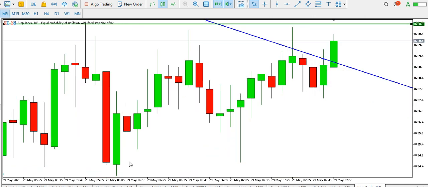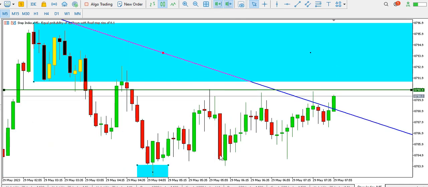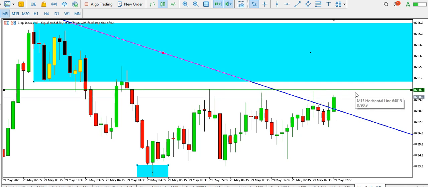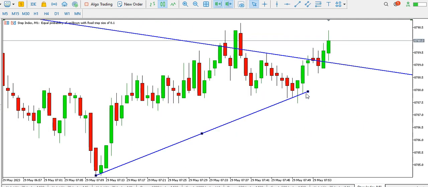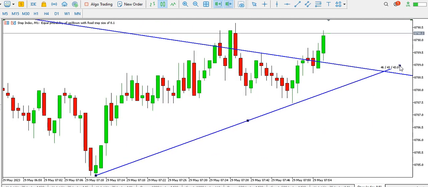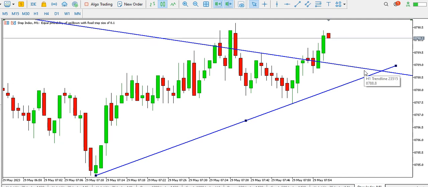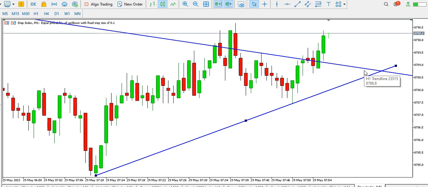The 5 minute time frame is clearer that the bulls are trying to come into the market as price pushes up. So you might want to wait for a break above this level for you to enter your buy trade, a buy order. So it looks bullish on the 1 minute time frame. You might want to consider buying step index on the 1 minute time frame. So that's that for today's video on how to trade volatility 75 index and step index on the lower time